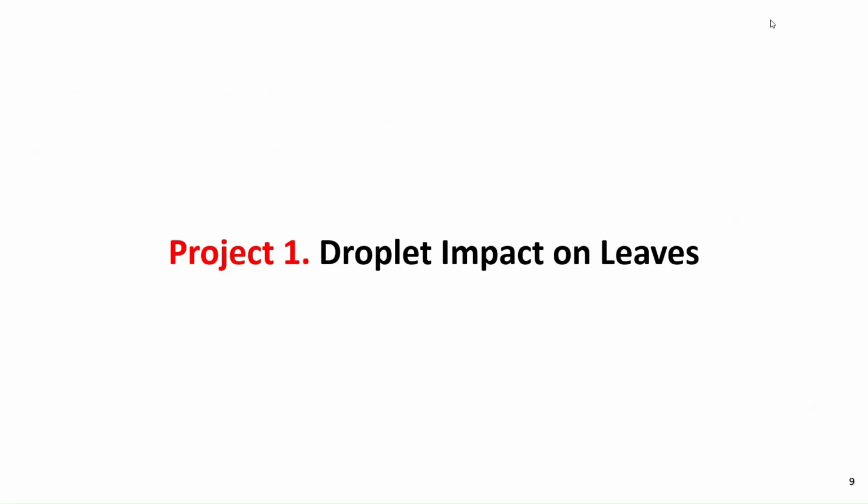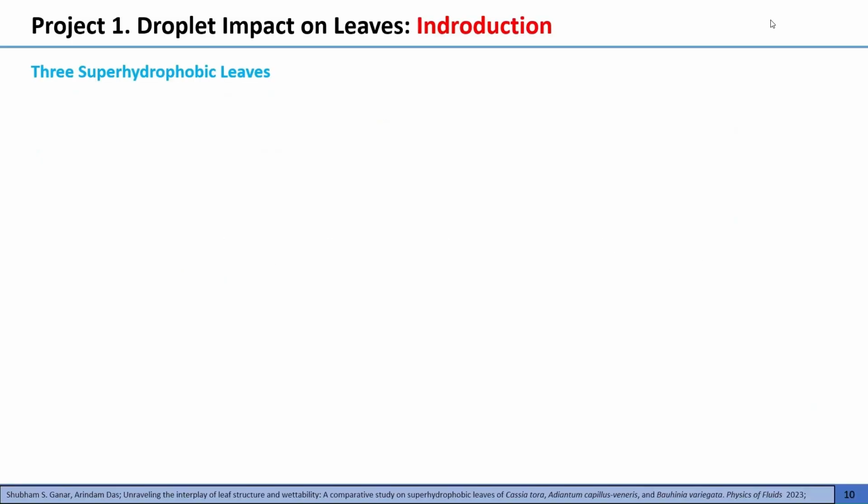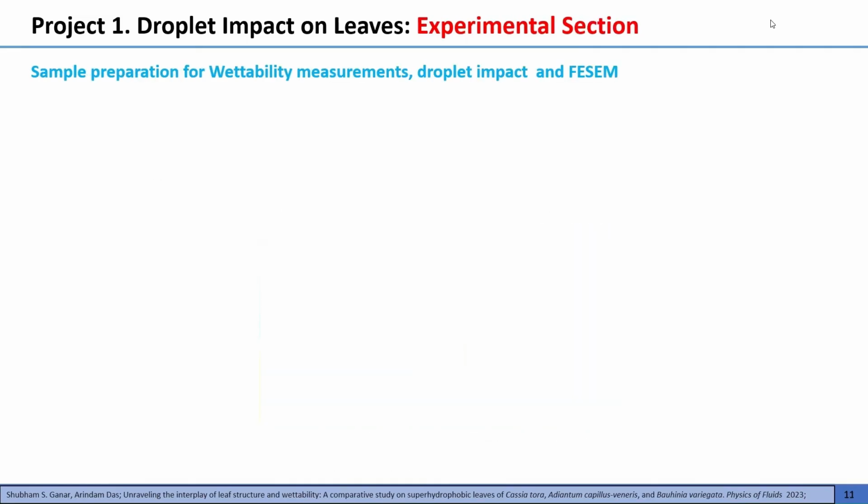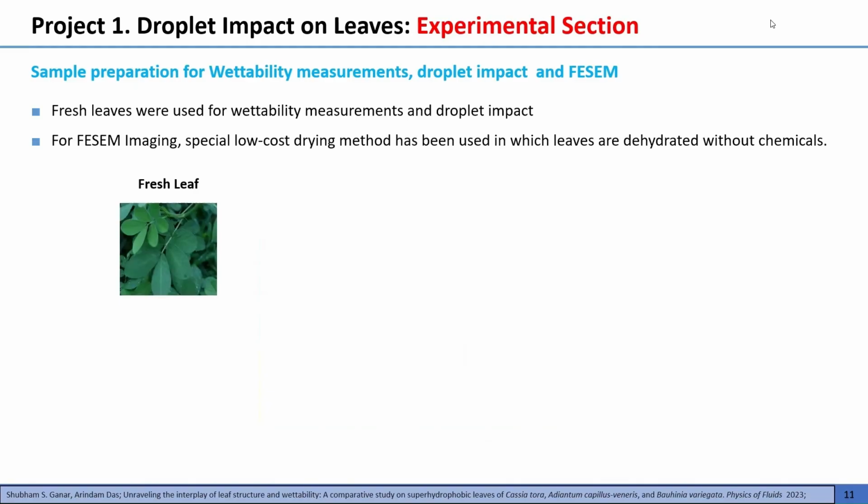So now, the droplet impact on the leaves. During the monsoon season, we identified three types of leaves in our campus that exhibit a superhydrophobic behavior. Out of curiosity, we examined their micro nano features and measured their wettability. For the wettability measurement and droplet impact, we took the raw leaves, and to check the FESEM images,